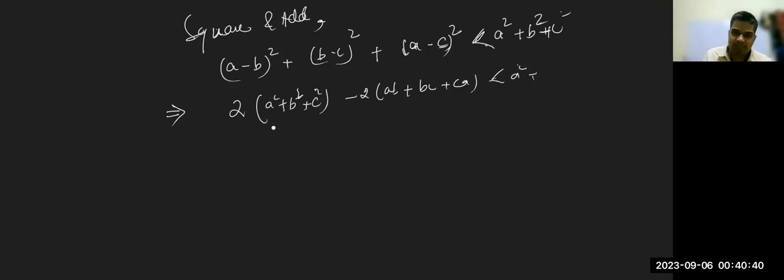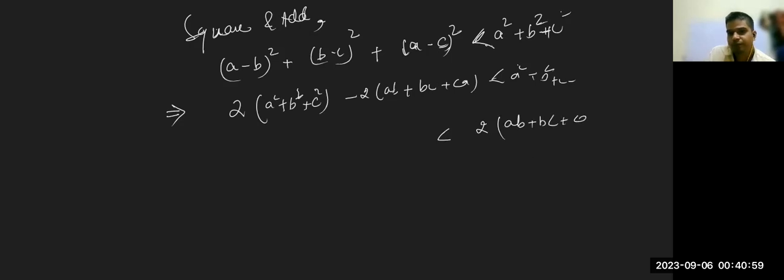So if this A square plus B square plus C square goes to the right side, and the remaining minus 2(AB plus BC plus CA) goes to the left side, then we will end up with this equation,